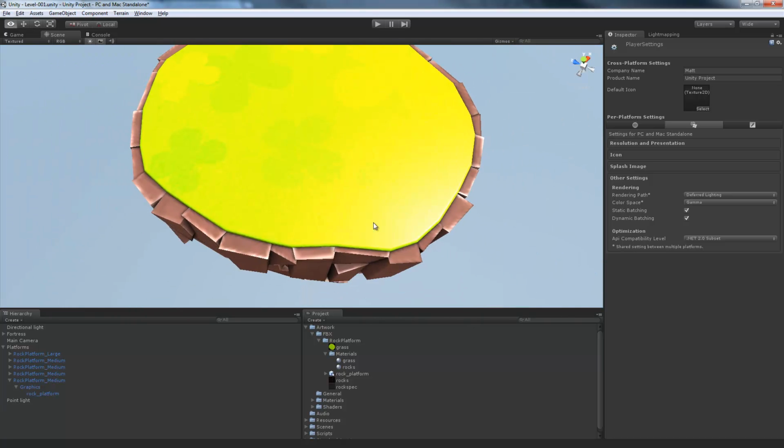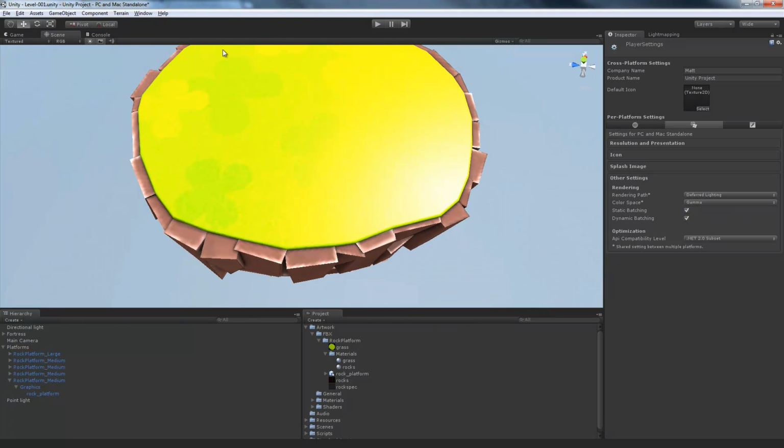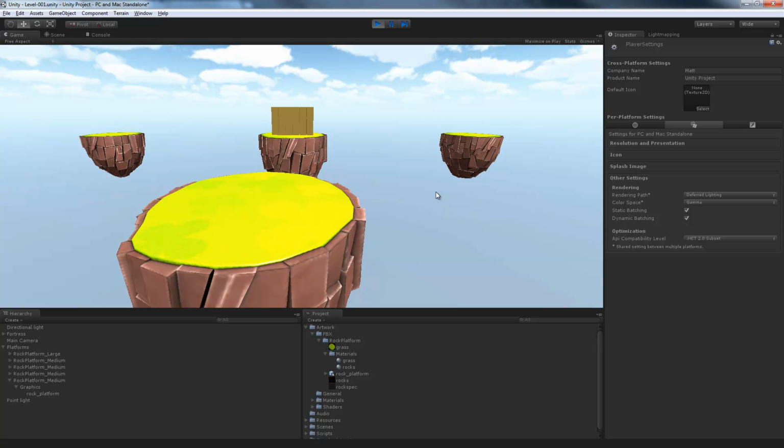Obviously, that looks wildly different. I'm not sure if there's an issue in just hot swapping around. If I play it, how does it look? The same, very radioactive. So that's actually quite curious. Again, 3.5 is new. I'm new to 3.5. I'm actually going to have to look into that and see what's going on. But for now, let's just stick with what looks nice, and I'm sure we'll cross that bridge when we come to it. Might switch back to forward for now, actually, and throw on some